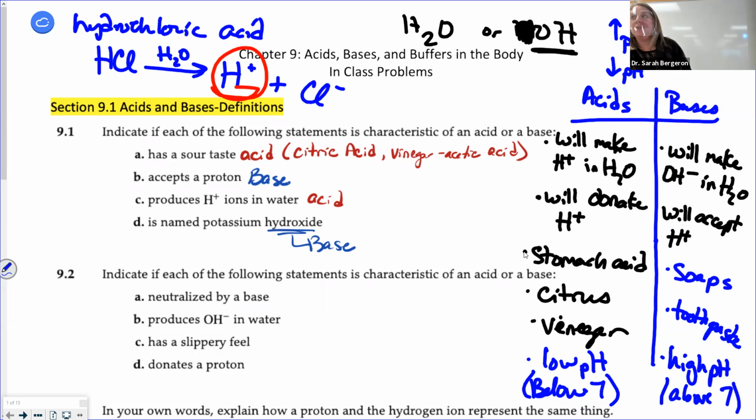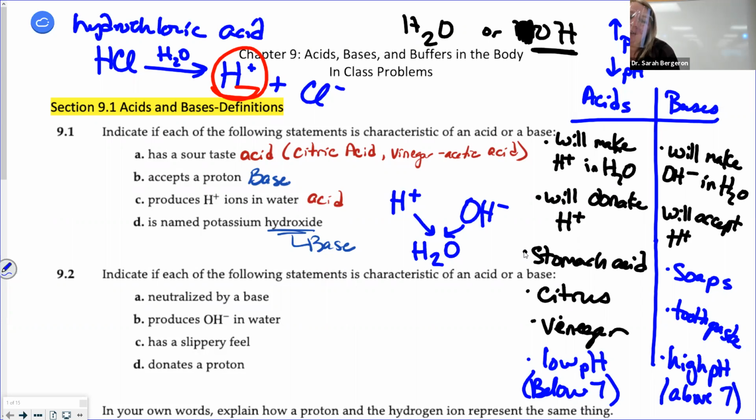So when we think about acids and bases, if I combine a little bit of an acid with a little bit of a base, what do I make? An acid donates H+, a base donates OH-. If I have a little bit of an acid and a little bit of a base, what do I make? I have how many hydrogens? How many oxygens? What do I make? Water. You also make a salt, but we'll get to that.